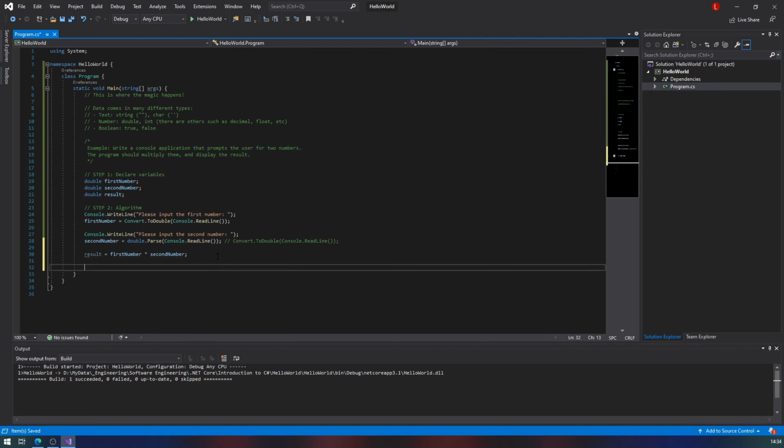So that's it for this step. Let's go to the next step. Step 3, and this is display the results. Now, that's very simple. We already know how to do that. So we can just say